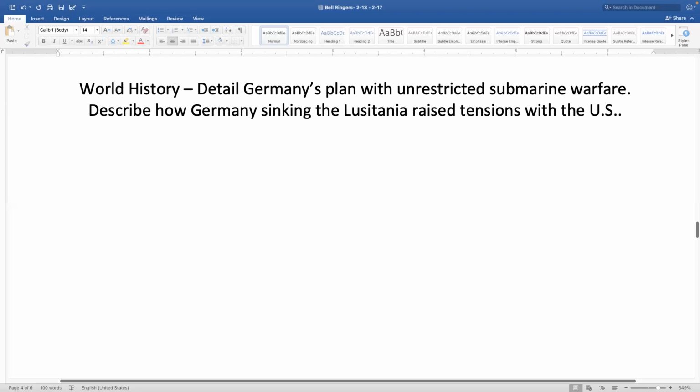So again, we talked about the empire Great Britain built during that age of imperialism. They're limited to what they have, so they're depending on these territories and on trade with the United States when it comes to basic survival. So Germany realized, what better way to push Great Britain out of the war than to sink everything coming in, destroy their supplies, destroy the food and resources that were going to keep them going? If they don't have these materials, they can no longer fight. So that was the goal.